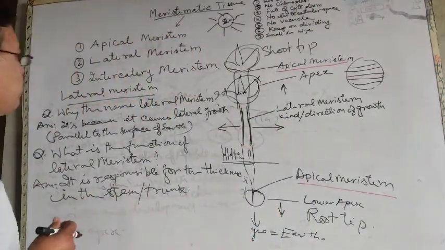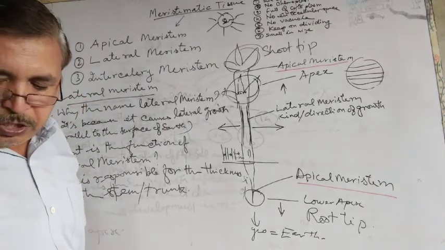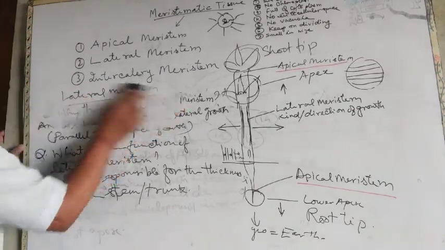Clear? And you see, next we have the intercalary meristem. Next we have the intercalary meristem, that